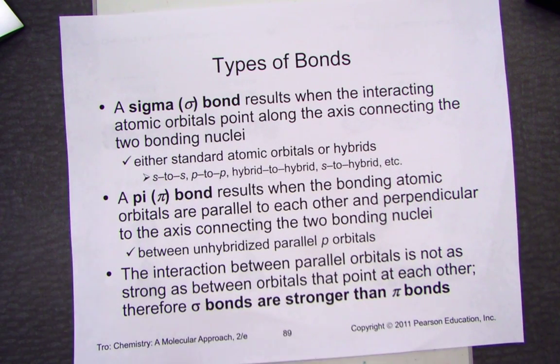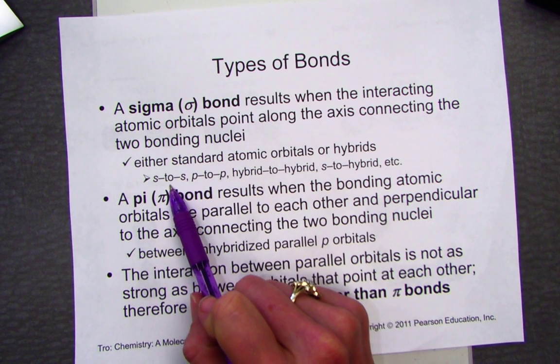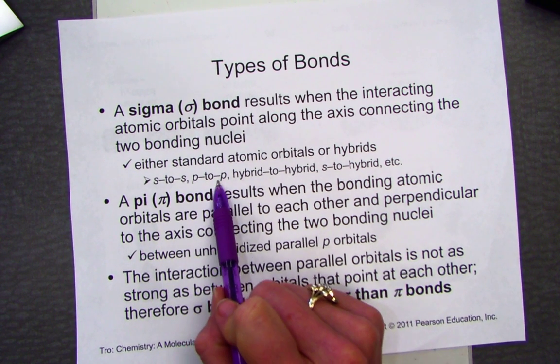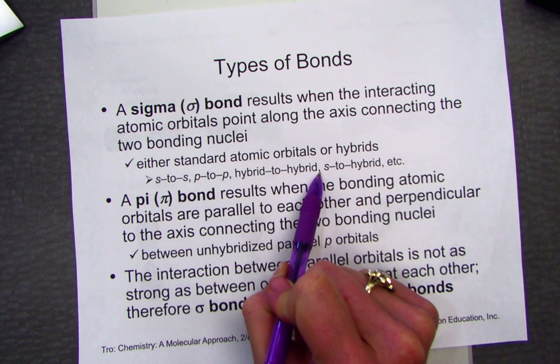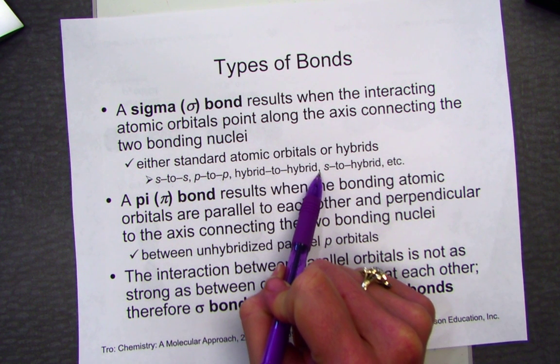Back to talking about bonds and the way they align themselves in a geometric fashion. Single bonds that form are known as sigma bonds. They result when the interacting atomic orbital points along the axes connecting two bonding nuclei. S to S orbital overlapping is a sigma. A P to P orbital overlapping is a sigma bond. Hybrid to hybrid, hybrid to S, any type of single bond where a